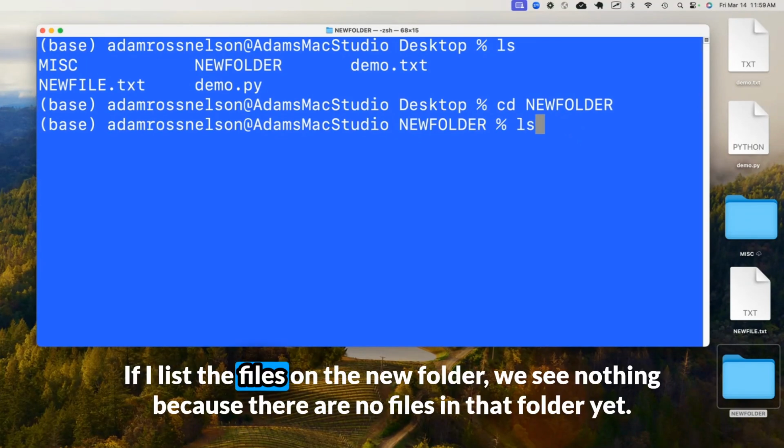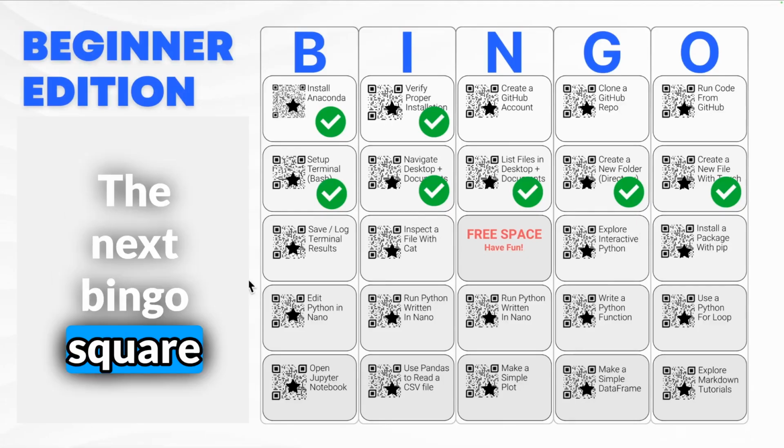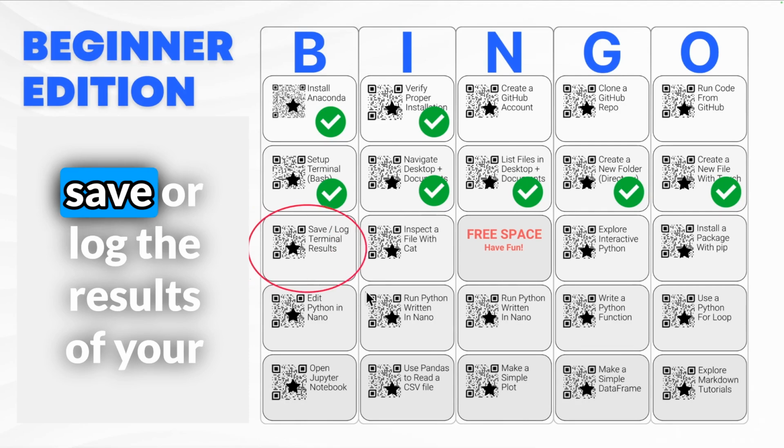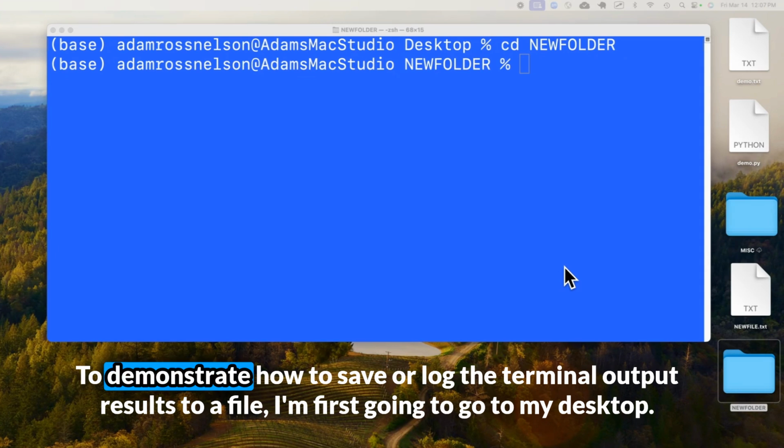If I list the files in the new folder, we see nothing because there are no files in that folder yet. The next bingo square we'll cover now is how to save or log the results of your terminal output to a file. To demonstrate how to save or log the terminal output results to a file, I'm first going